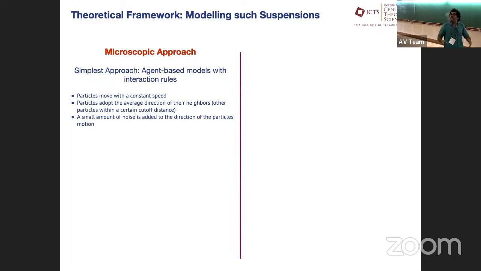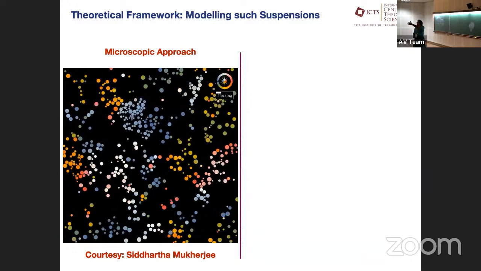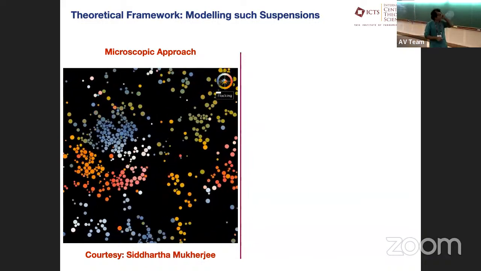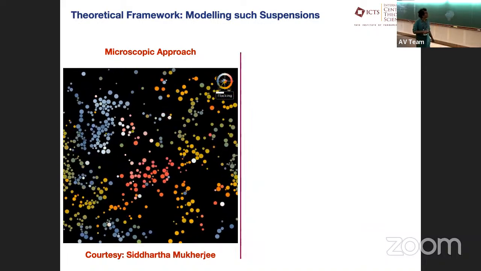So you essentially take a bunch of particles. These particles may perhaps move with a constant speed. You specify its direction. You add a little bit of noise. And essentially, when you put all these factors in, the Vicsek-like examples that Sigda was talking about, you end up getting beautiful flocking behavior in these systems.